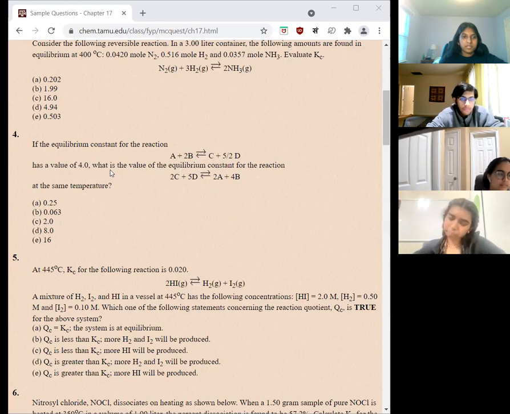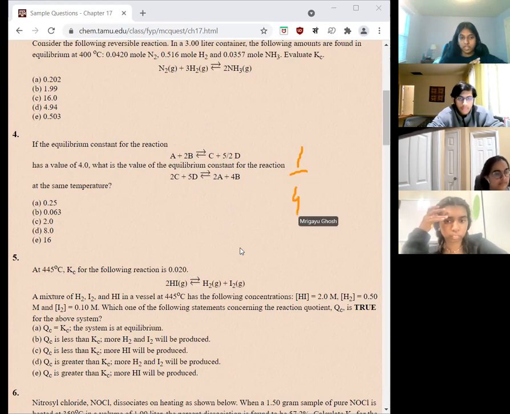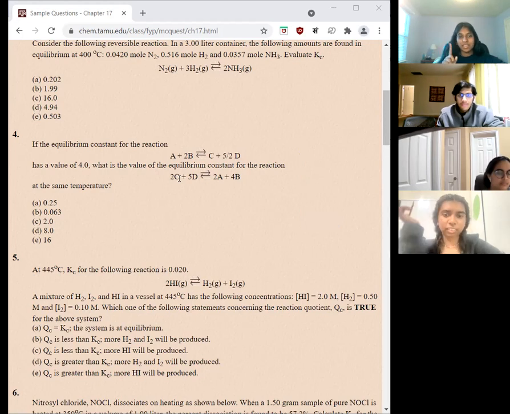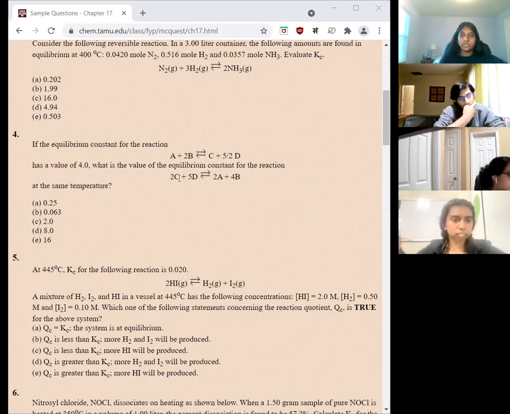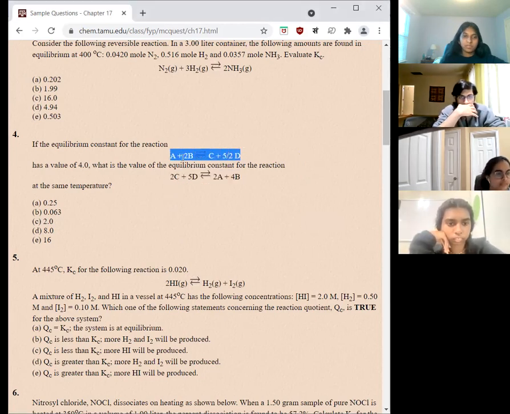So if this one is 4, first when you're reversing, you do 1 over the forward. So it would be 1 over 4 just reversing. And then this is also, wait, hold on, go back. Go back, sorry. Let me think, because since this is 2 times this one, it would be multiplied by 2. But I'm trying to think about whether it would be 1 over 8 or it would be,